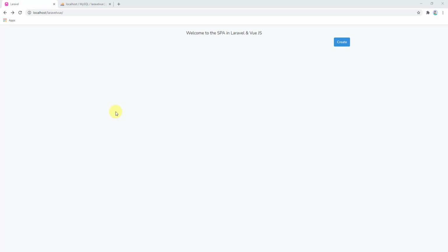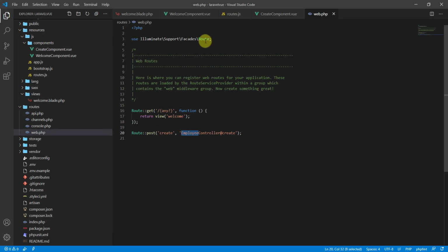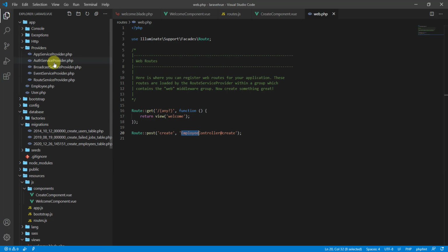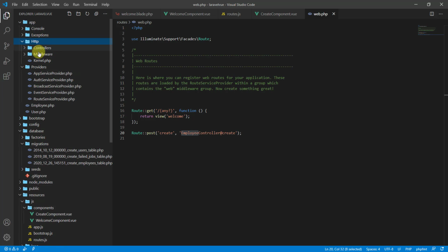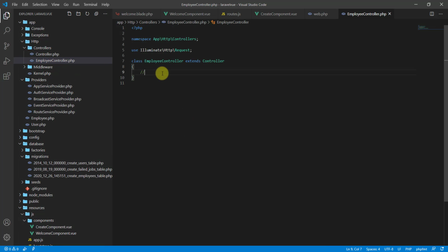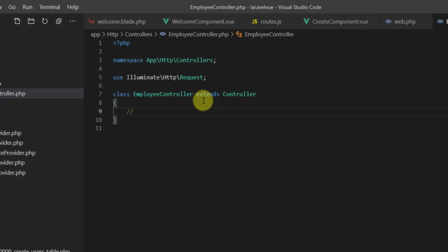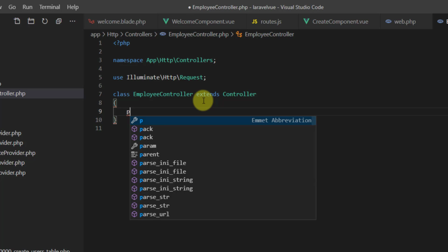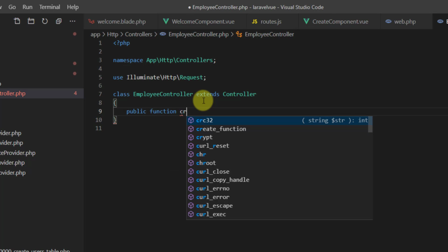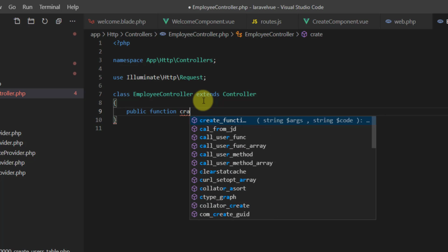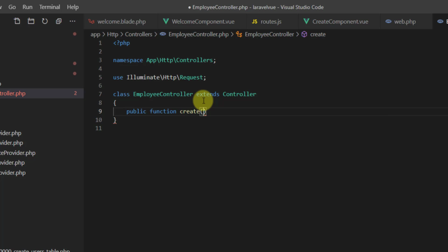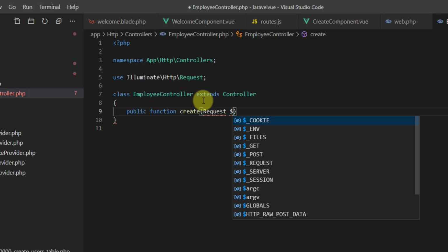So the next part, guys, is to go to our controller and write the code for submitting the data to the table. So let's scroll to the top, go to HTTP controllers and employee controller, and in here, guys, let's say public function create, our create method, and we also want our request which is coming from the inputs. So request $request,